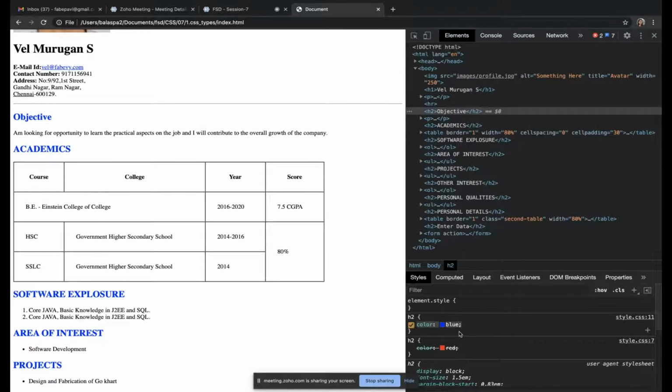So blue got applied. You can see clearly that in the seventh line of CSS, color red has been applied, and then it has been overridden by line 13. So red color was applied earlier, then it got overridden and blue color was applied again. So whichever we write last, only that will get applied.